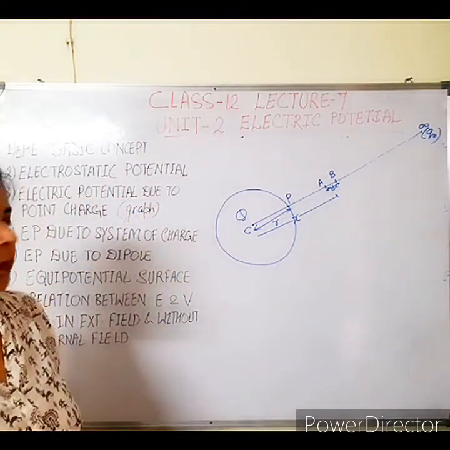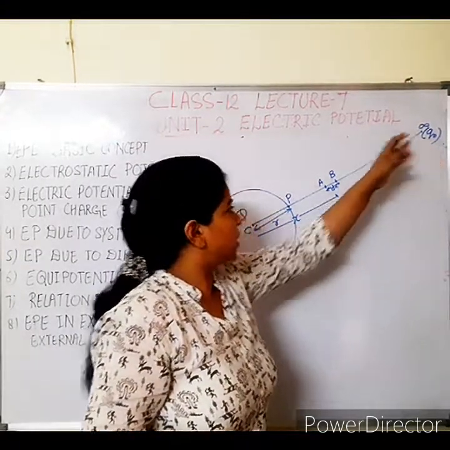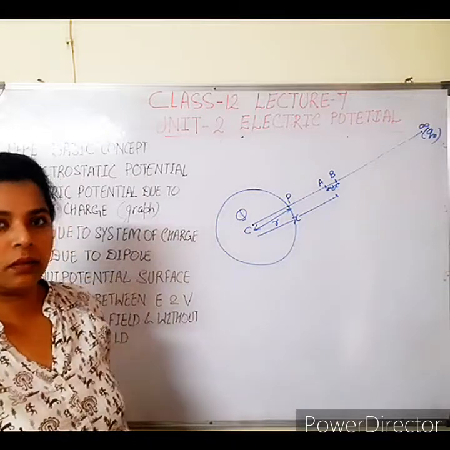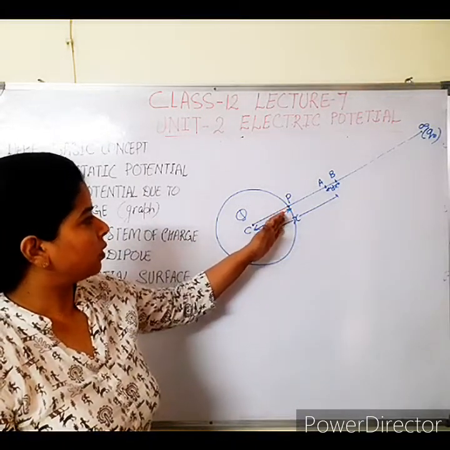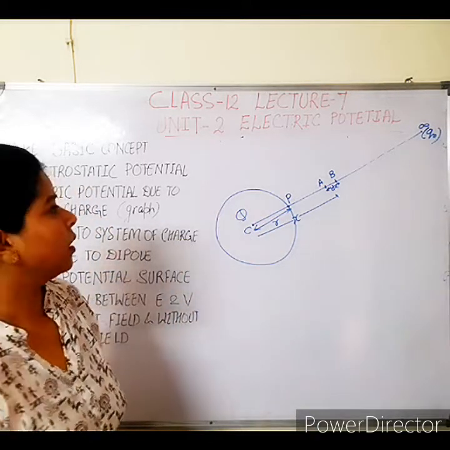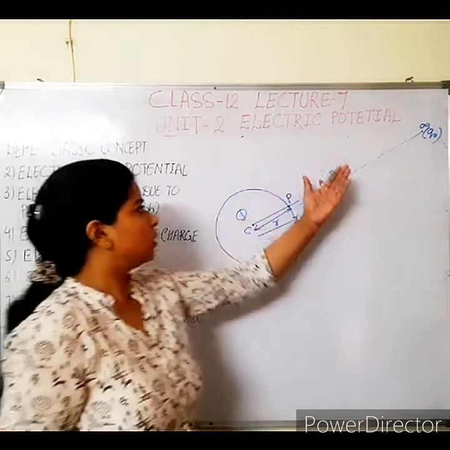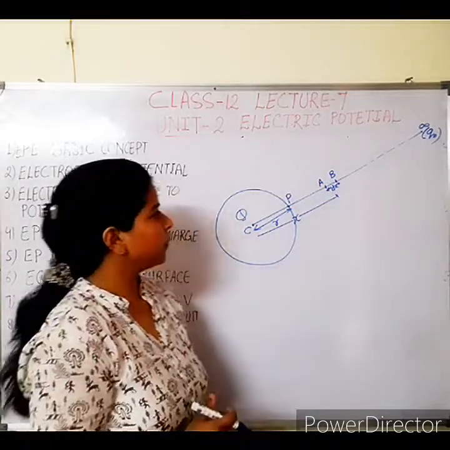Okay, so here what we have to do is bring this test charge till the limit of the P point. From the P point only, the force of repulsion would start by the source charge. So we need to do some work. We are doing some work over this test charge. We are the external agent here.